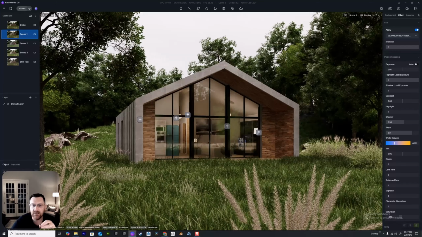So I'm back on scene 1. Still my kind of favorite outside of the LUT render that we like. I still love the look of that, but scene 1 just as is. Okay, in order to use the AI tools, we have to go up to the AI post-processing, and we'll click